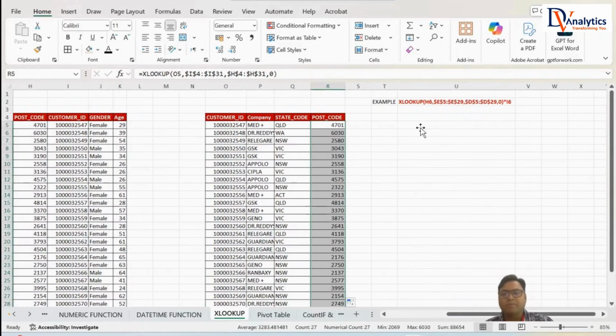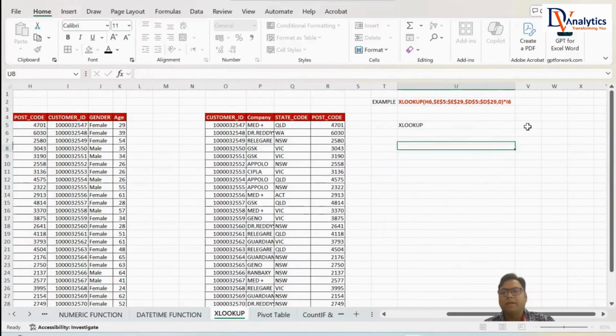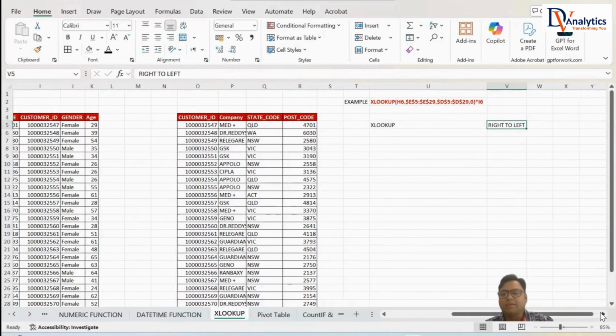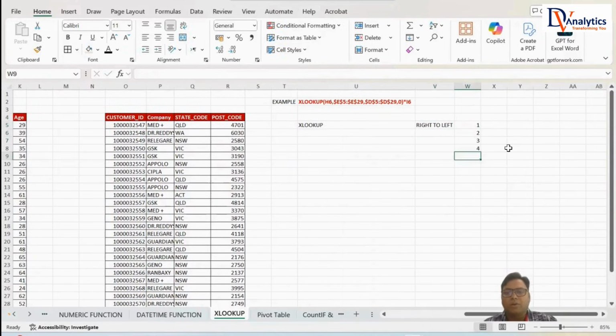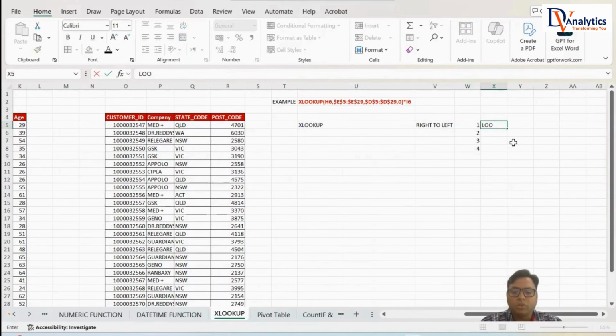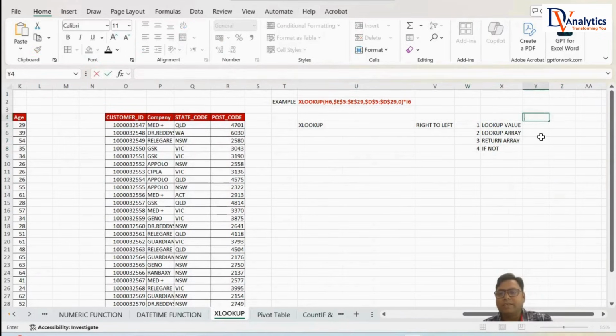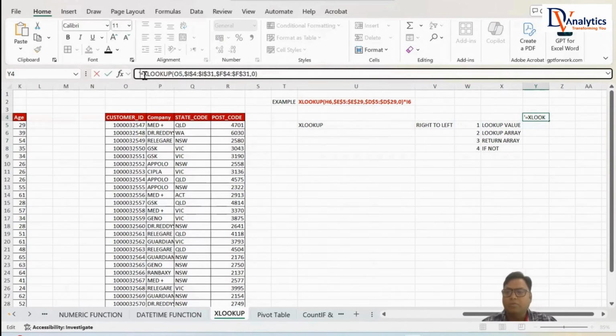In XLOOKUP, guys, when you say XLOOKUP, it goes from what? It is right to left. It is going from right to left. Yes or no? It has how many criteria? 4 criteria. What are these? Lookup value, then lookup array, then very nice, return array, then if not found. Yes or no? So ultimately, when you say this example here,